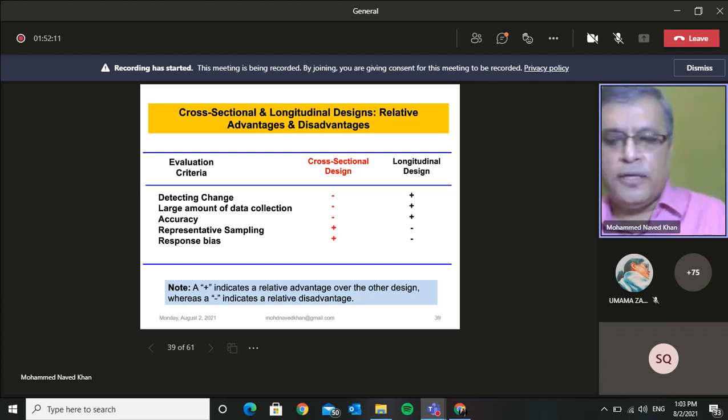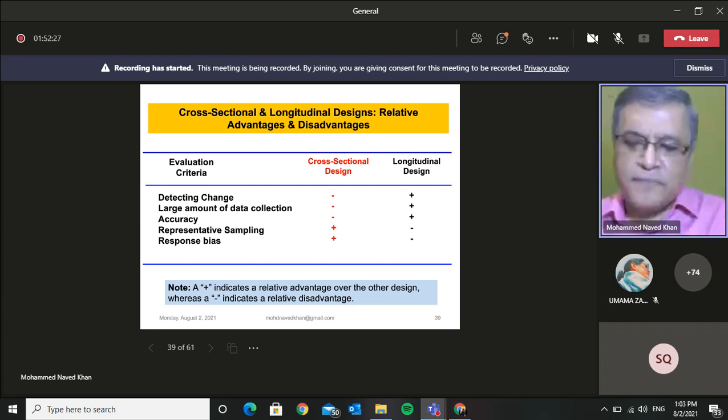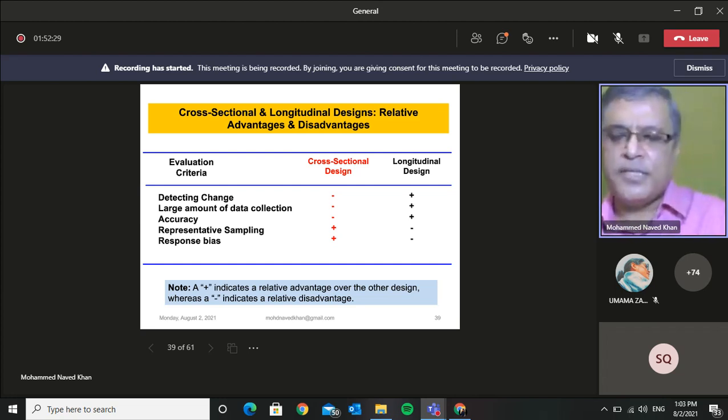Now, if you move to longitudinal design, there is every possibility that not all the members of your panel may have visited that particular retail outlet, and only a few of them may have visited. So what will happen is that your sample, that fixed sample, is not representative in this case. Why? Because the picture that is emerging will be very skewed, because only maybe one or two out of a panel of 20 may have visited that outlet, or maybe none of them may have visited that outlet. So you encounter such difficulties as far as longitudinal designs are concerned. So as far as representativeness of sampling is concerned, it is said that cross-sectional designs are advantageous.